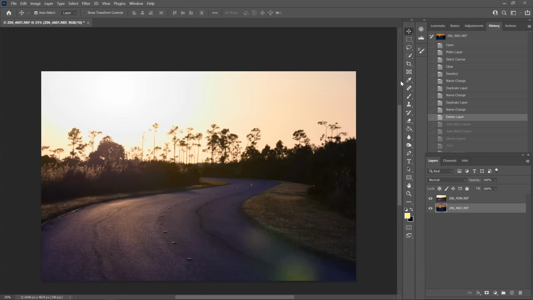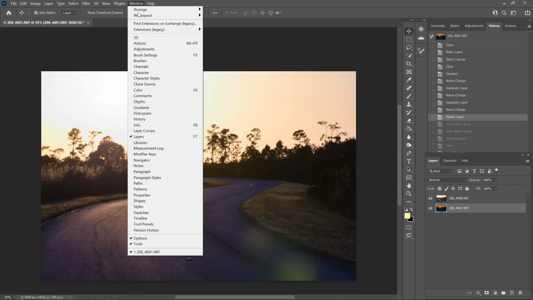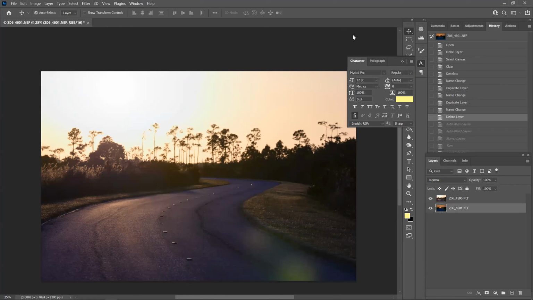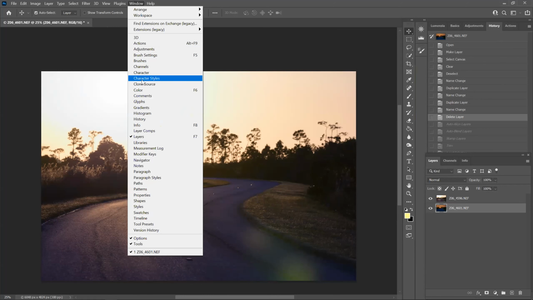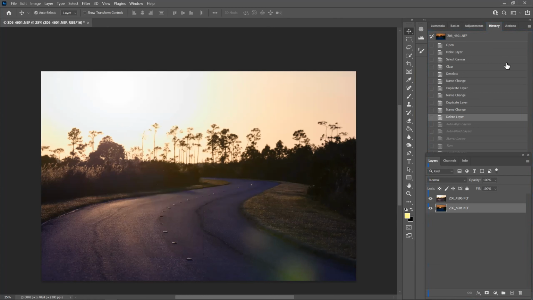Okay, if you ever can't get back, and this is something that people don't realize in Photoshop, there's a history tab. You can go up here, to Window. This will show you all the things you can put in your screen. You can make a character, it can bring up the character box if you want it. I don't want that, but what I'm looking at on the top right is the history tab. So you've got history right here.